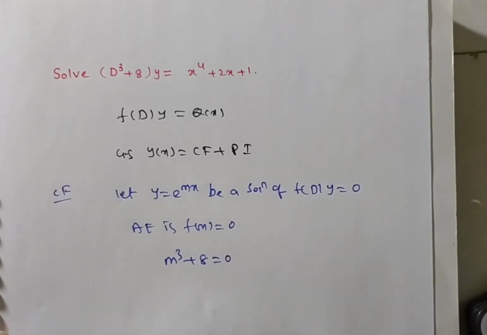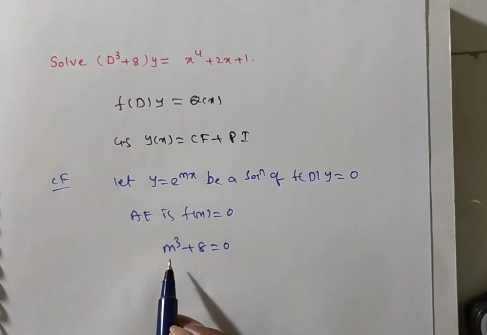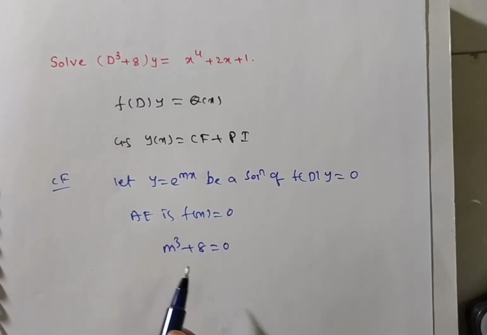So here you observe, friends, it is a polynomial of degree 3. So how many roots will you get? 3 roots you will have. By observation you can say that -2 is a root. But you see, friends, this problem you can also solve by using the calculator. Okay, now I am explaining through the calculator.